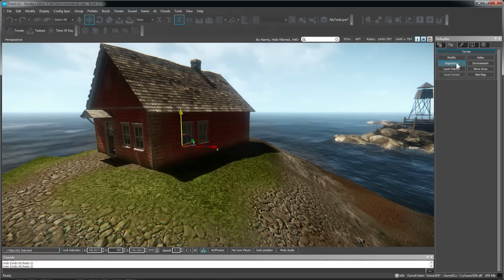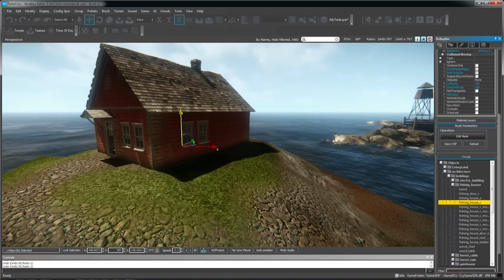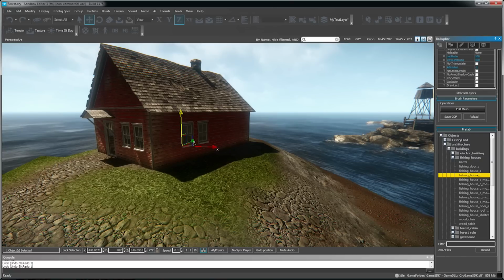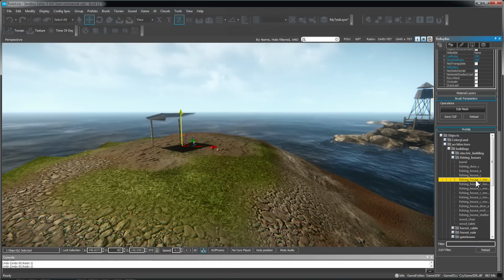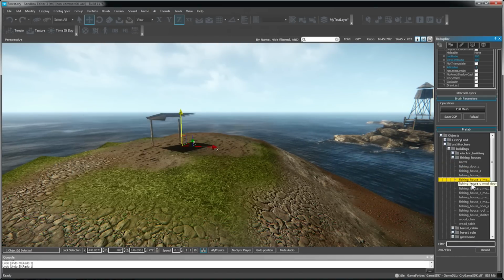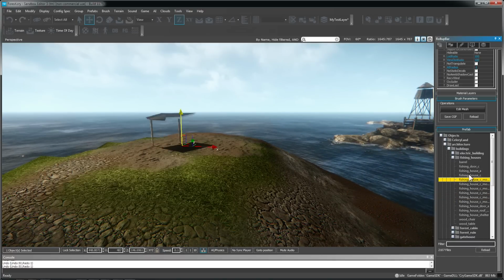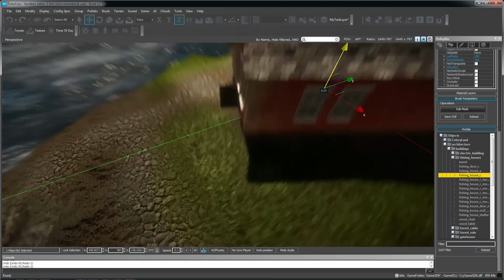Now I'm going to select the house again and jump back over to the Objects tab. If I scroll down, it shows me which model file or CGF the placed object is referencing, and we can just click on other files to swap it out. This is a handy way to preview objects in a directory, rather than having to keep dragging new objects into the scene. Notice that some of these assets complement the house we already placed, so let's select Fishing House C